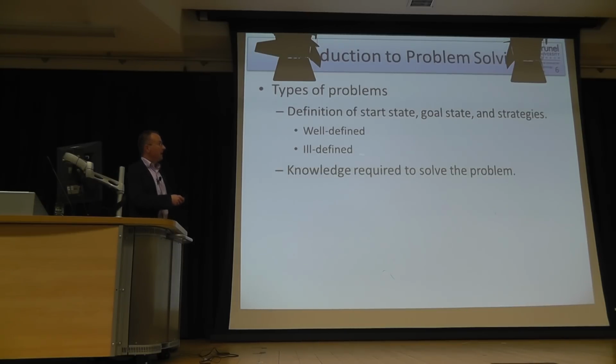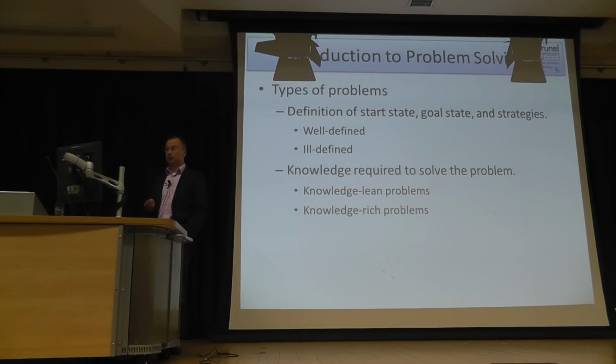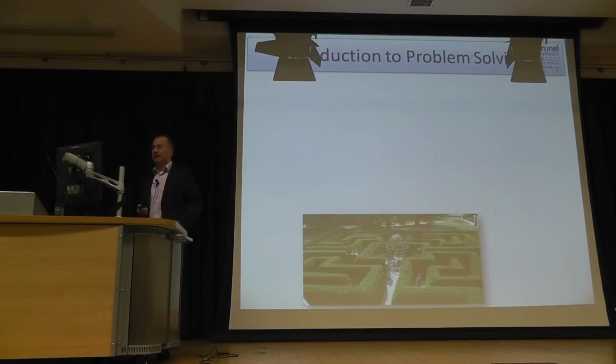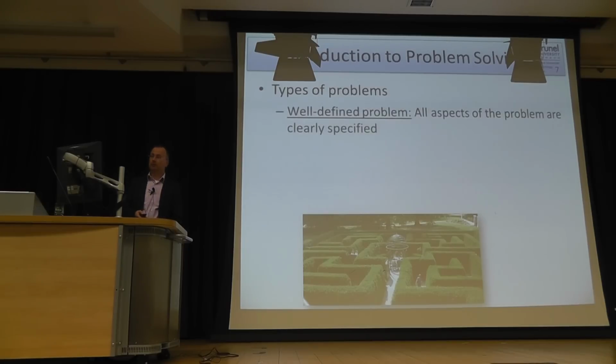Independent of that, another level or characteristic we can look at is how much knowledge is required to solve the problem, background knowledge. And we have problems which are called knowledge lean. That means basically everybody can solve them because all we need to know is posed in the problem state itself. Or knowledge rich problems where we may need expert knowledge to solve them. Okay, let's have a look at a couple of examples of these types of problems.